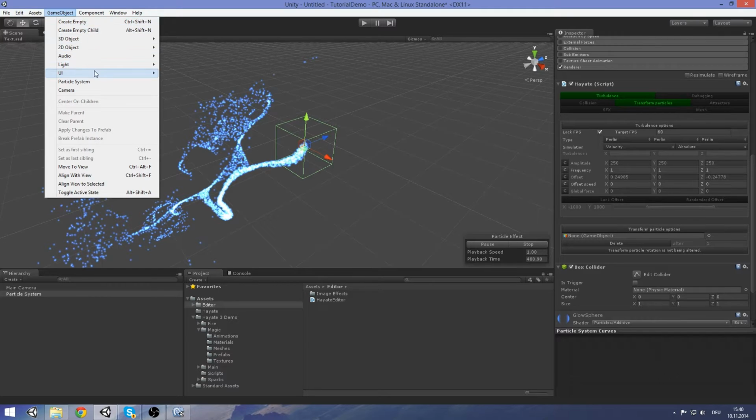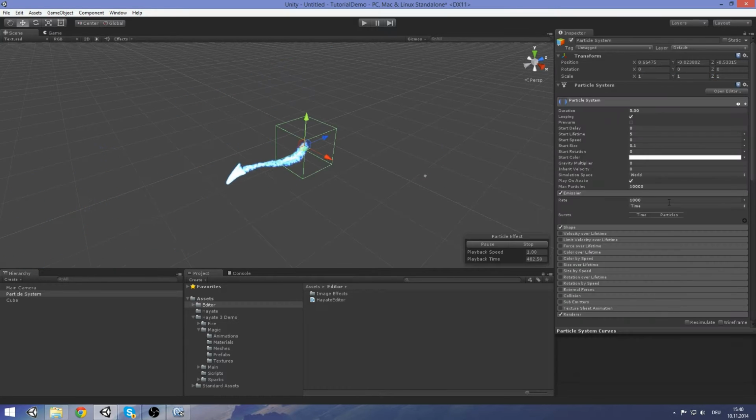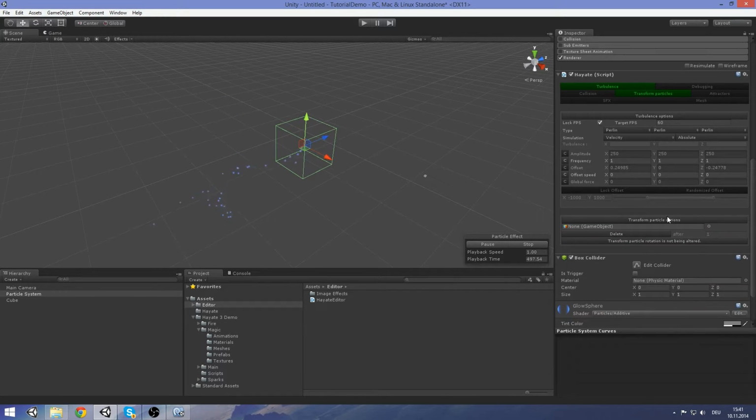Create a new 3D object, cube, make it smaller, and of course these transform particles take a lot more performance than usual, so you might have to reduce the particle count a lot. Let's try with 100 particles. Go back to the transform particle options tab, drag and drop the cube in here, and these options